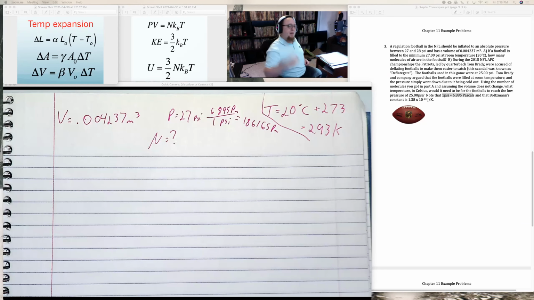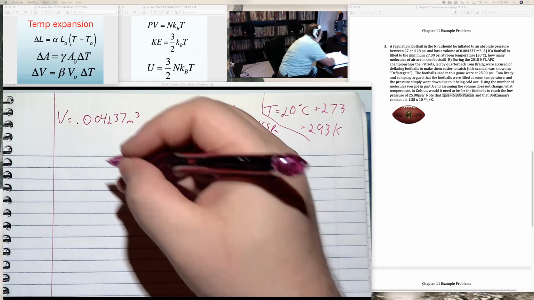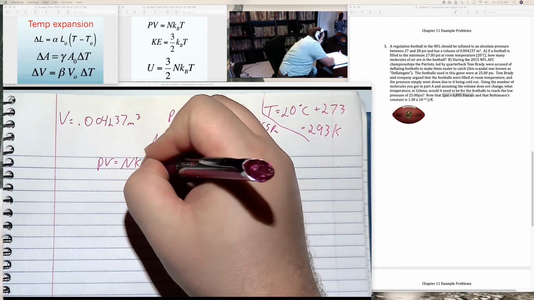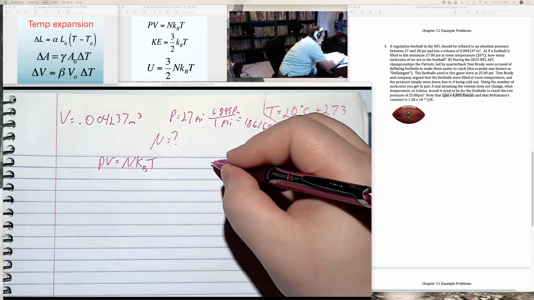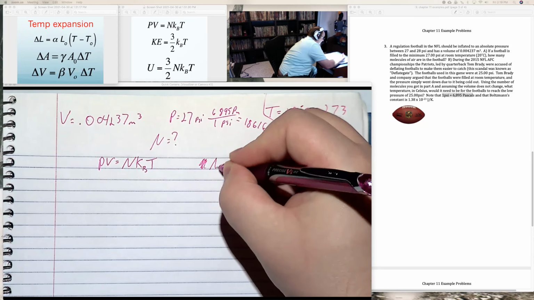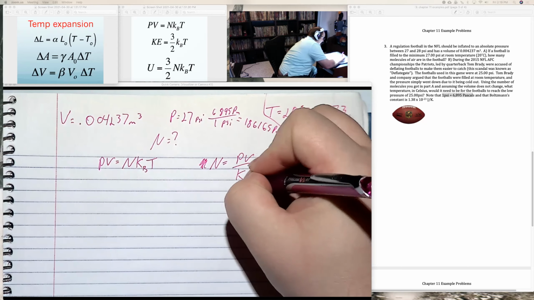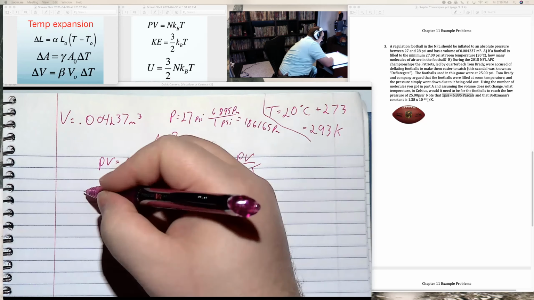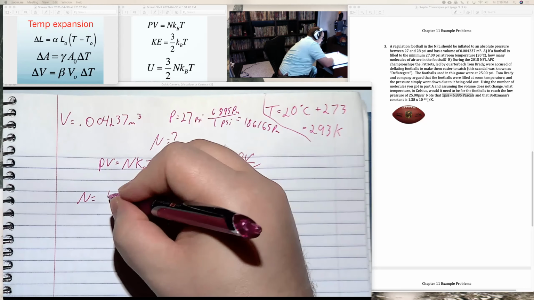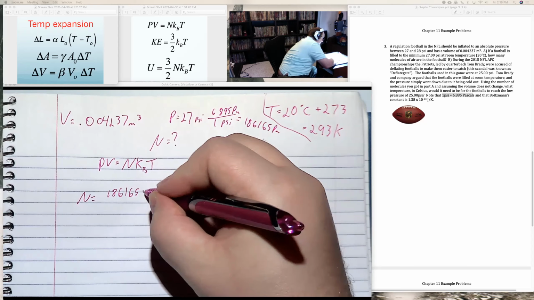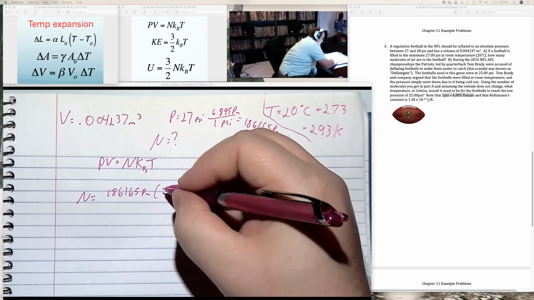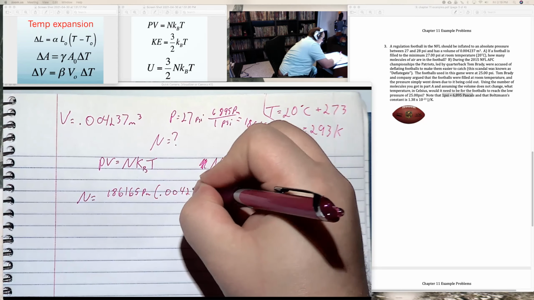So that's what we know. I want to solve for the number of molecules. If you want to solve for the number of molecules, that's the ideal gas law. PV equals NkT. What I would do is divide both sides by kT and say that N is PV over kT. That would be the pressure, which was 186165 pascals, times my volume, 0.004237